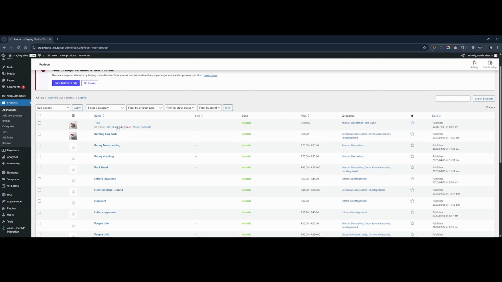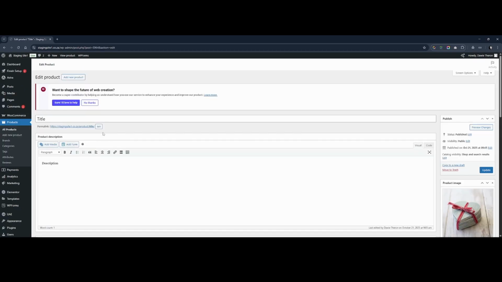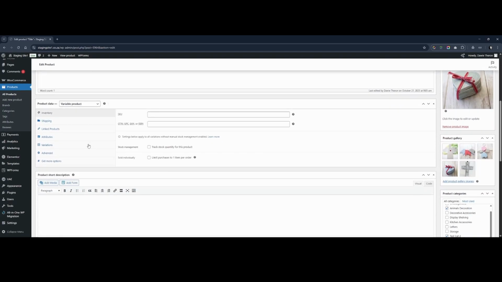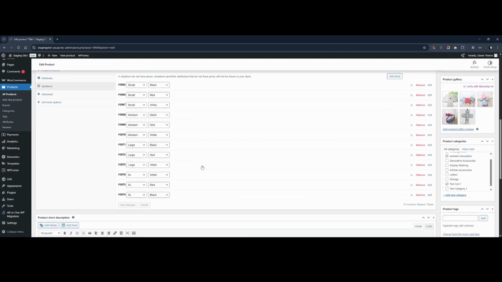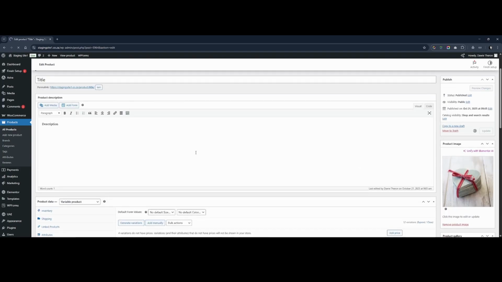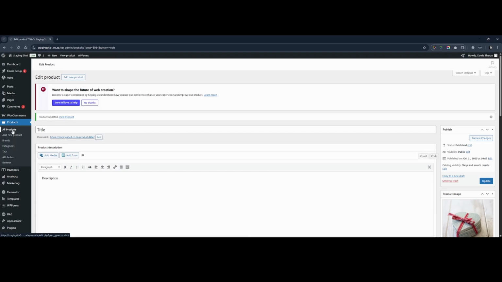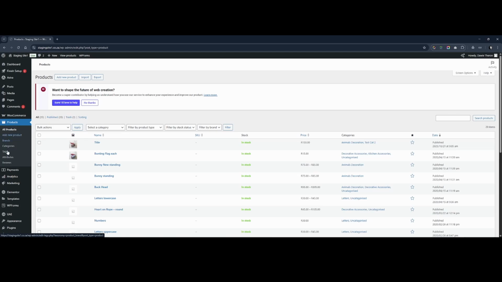If it's a variable product, definitely not. I'll just go into edit. So I'm going to click on edit, and the same screen is going to open up. I've got the title, the description, the photos, everything else is in there. Okay, and there are your variations. Just update it, and there we go. It's as simple as that. So now you've learned how to create a simple and a variable product,